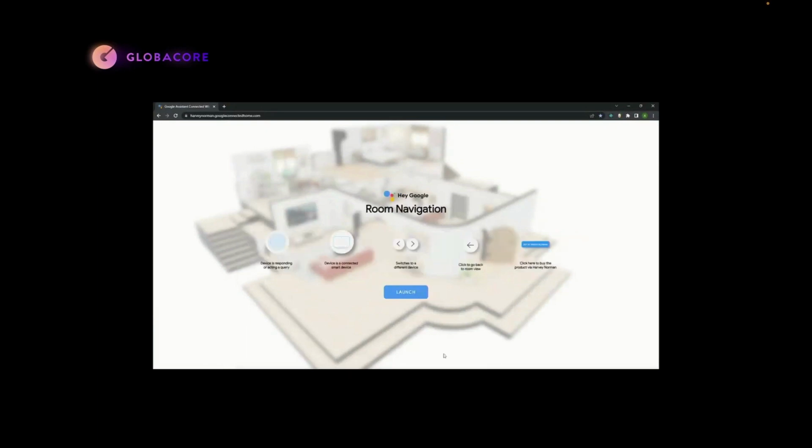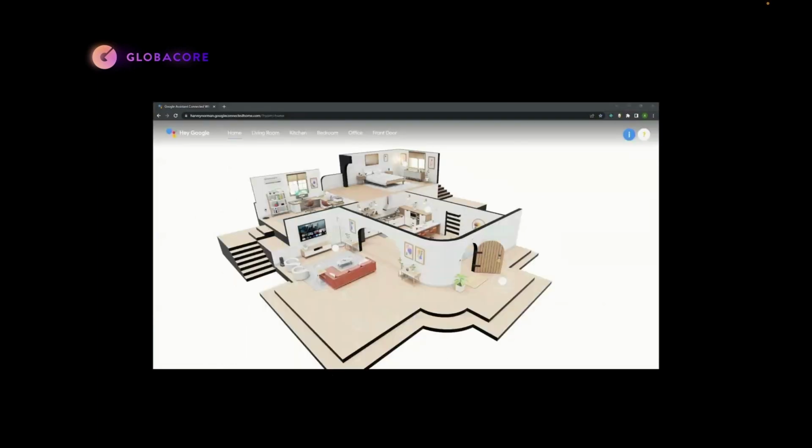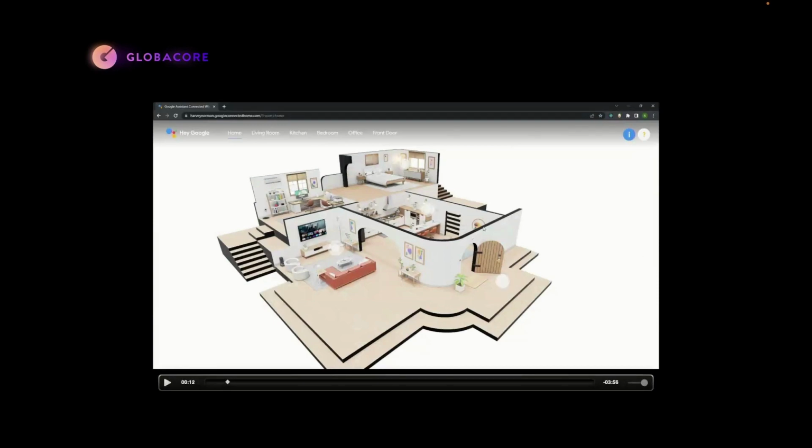One of the biggest things again was the loading time, because all of the 3D elements that you see in the environment were designed in Blender.